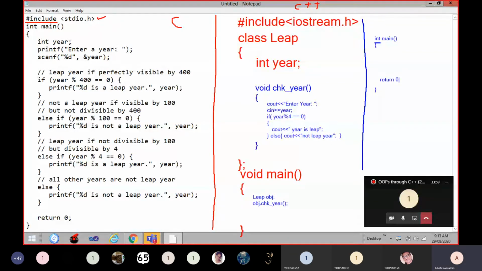Generally, yes, in the case of return type integer, we will include a return statement at the end of the main block. Why? Because if the return type of a function is not empty type, that is, other than void, in such cases we have to use a return statement at the end of that function. This is mandatory, otherwise you will get an error.